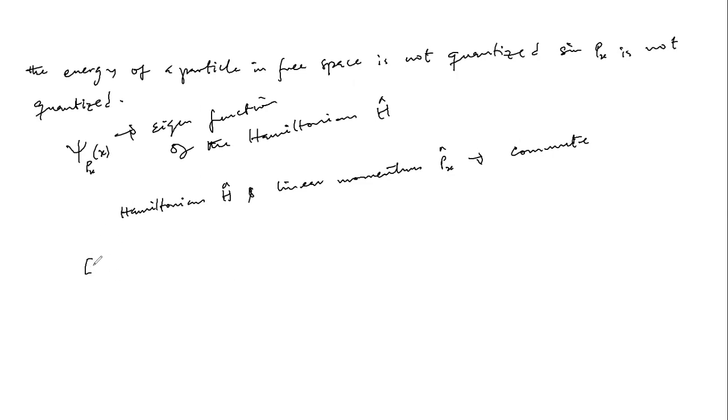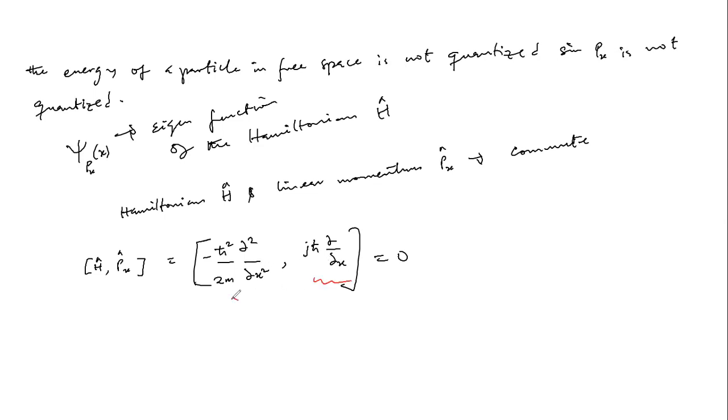So the commutator bracket of the Hamiltonian and linear momentum is the same as h cross over 2m d squared by dx squared, with j h cross d by dx, which is equal to 0. Observe that its properties show some